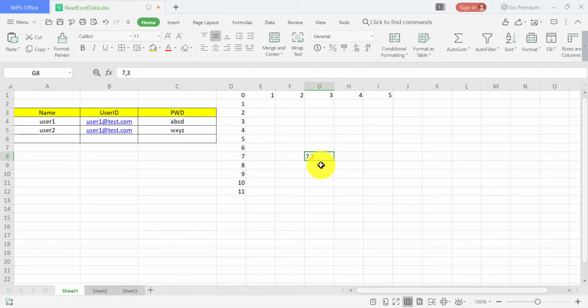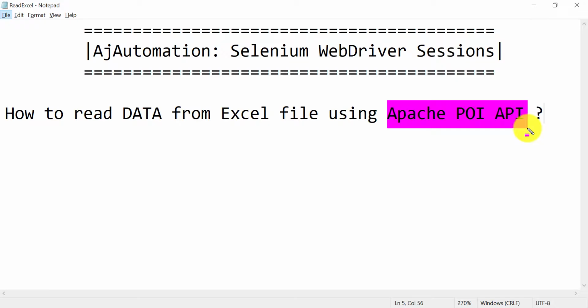So this is a general idea about the Excel, but how are we going to read the data? We need some functions, libraries, a method by which we can read the data. We can read the whole Excel. So here we are going to use Apache POI jars that we will include in our project, so that we can use different functions and methods available in these jars directly to read the Excel file.